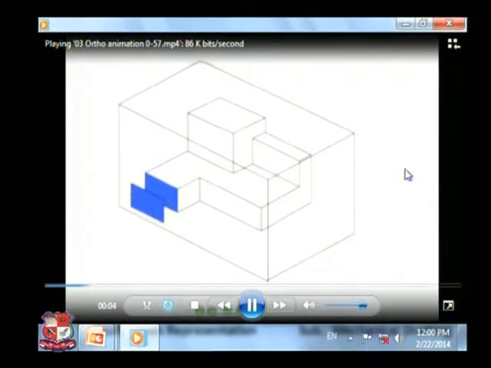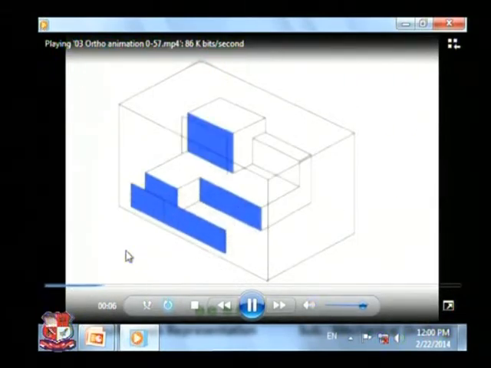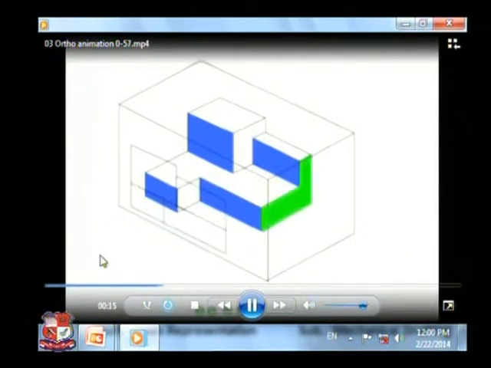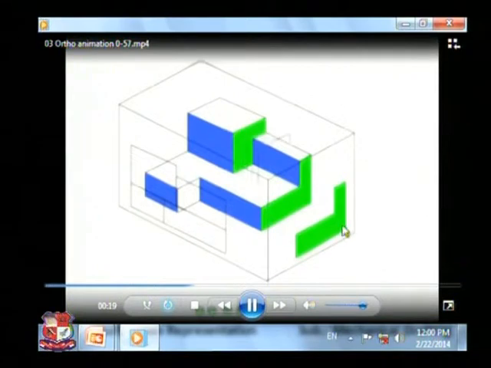Suppose this is an object. If you look from this direction, these rectangles would appear as shown over here. 4 rectangles would appear if you look from this direction. If you look from this direction, this green colored portion would appear as a reverse L shape. Similarly, this plane would be visible to us.